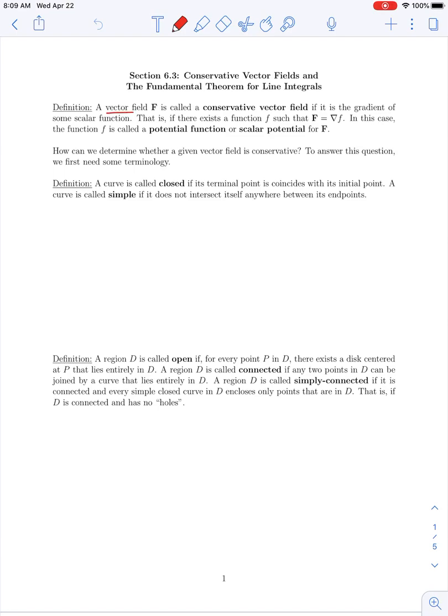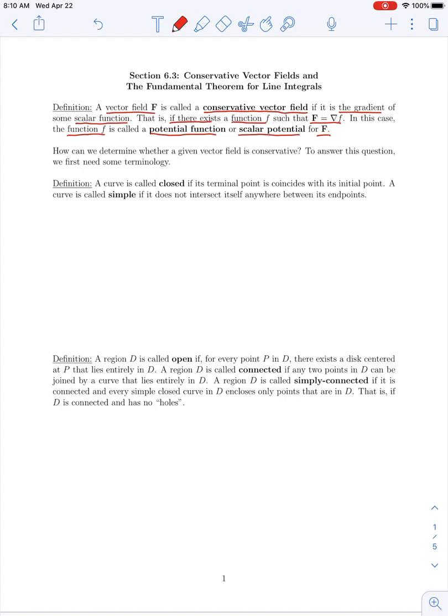We had said that a vector field F is said to be a conservative vector field if it can be considered as the gradient of some scalar function. So what that means is a vector field is conservative if there exists some function f such that the gradient of f is equal to this given vector field. And in this case, the function f is said to be a potential function, or sometimes called a scalar potential,